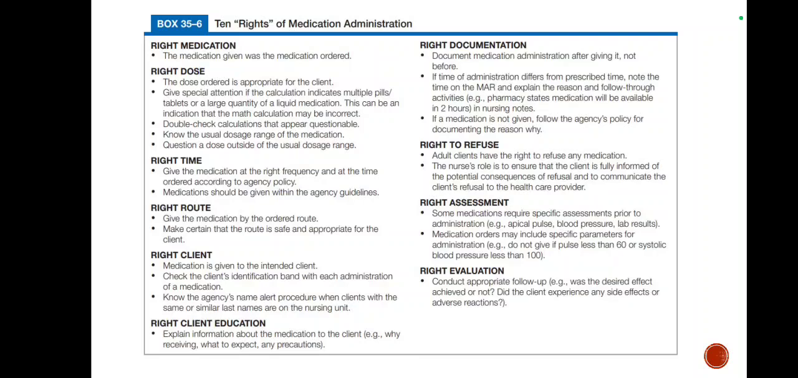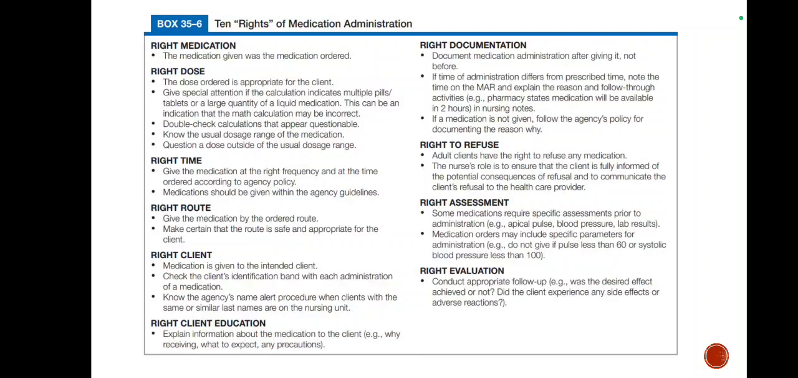Especially if the medication is in powder form and you have to dilute it, you have to calculate the dosage properly. How many mLs do you need to dilute the medication with, and then how many mLs will you withdraw from the vial? So we have to double check calculations that appear questionable, know the usual dosage range of the medication, and question a dose outside of the usual dosage range,